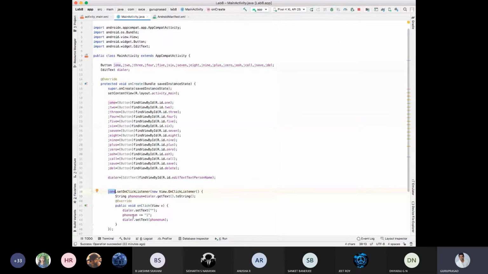Plus means, for example, if I press 9, then it should remain 9 only. Again, adding upon plus, 9844641646. Initially it will be null, then it will be set as 1. My dialer edit text will be set with the text 1 because phone number plus is equal to 1.